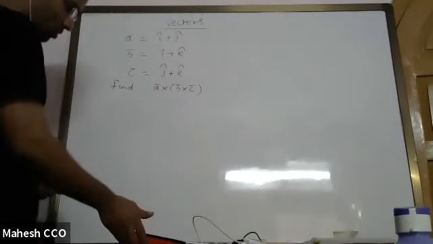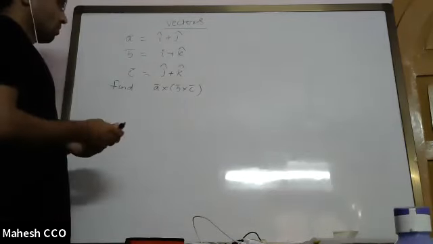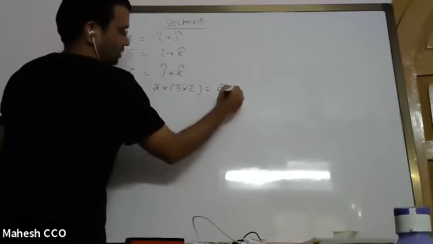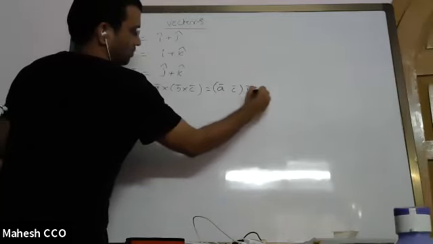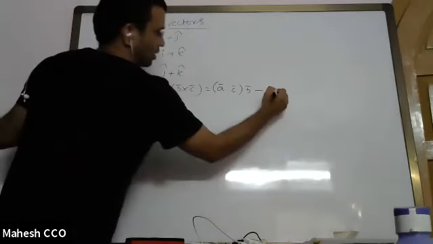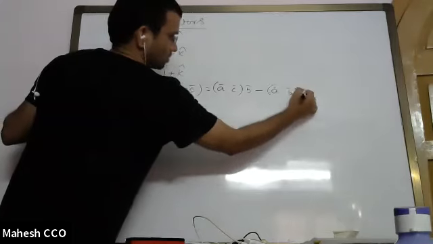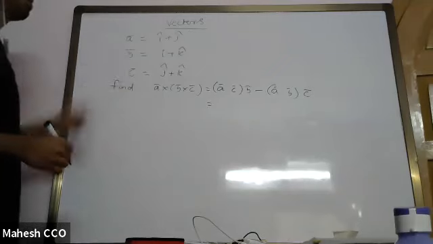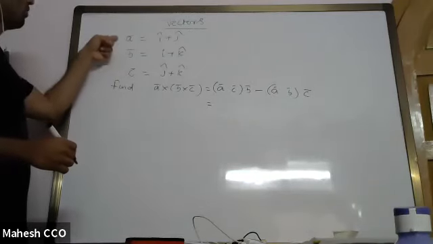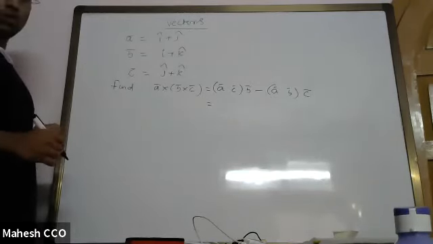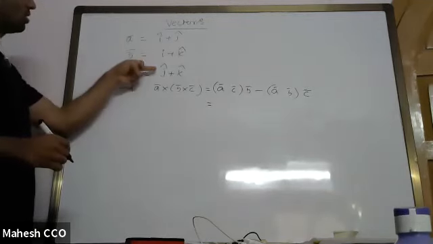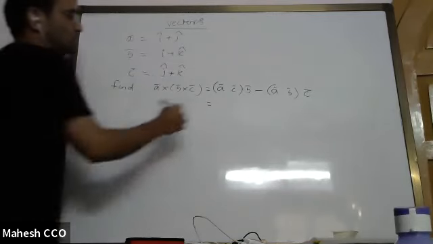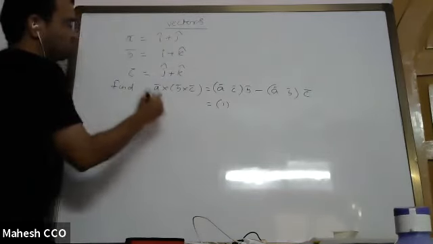Okay, it's a very easy question. As you know how to expand, it is A dot C times B bar minus A dot B times C bar. Now that is equal to A dot C. If you take the dot product of A bar with C bar, you will get 1, because I dot J is 0, I dot K is 0, J dot J is 1, J dot K is 0. So A dot C is 1 into B bar, which is I plus K.